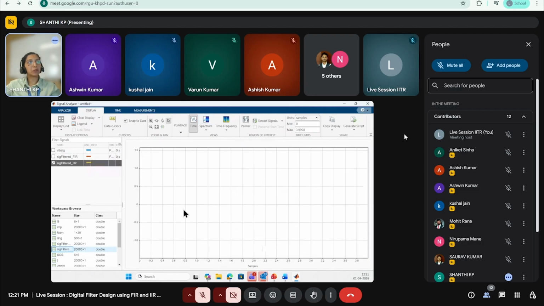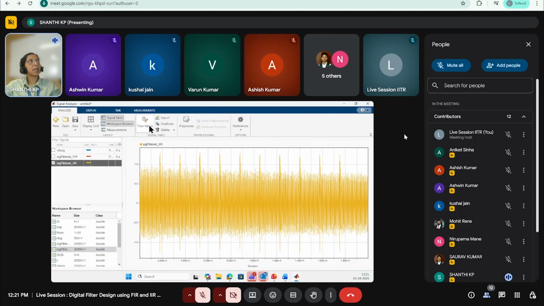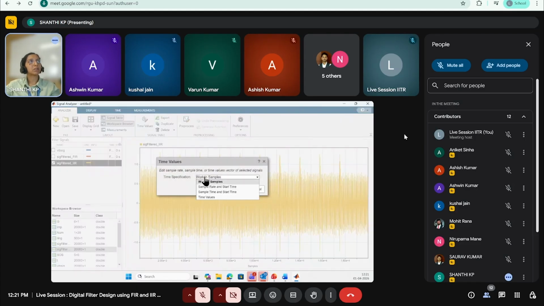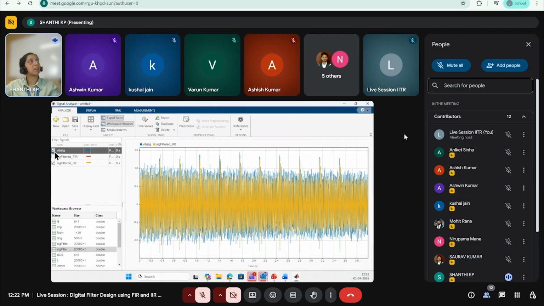Click and drag to the axis. Set the time information. Sample rate is 5,000. Now, if we compare the noisy vibration signal where we started and the filtered IIR signal,